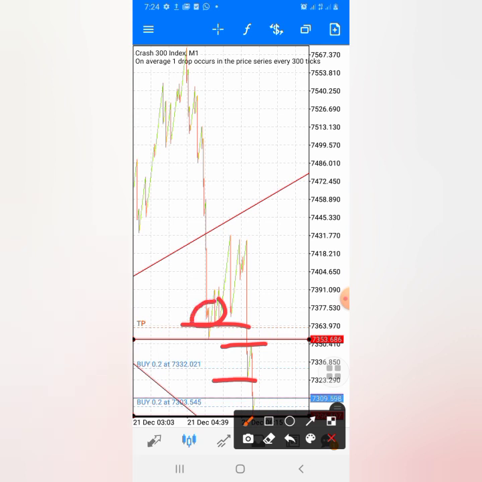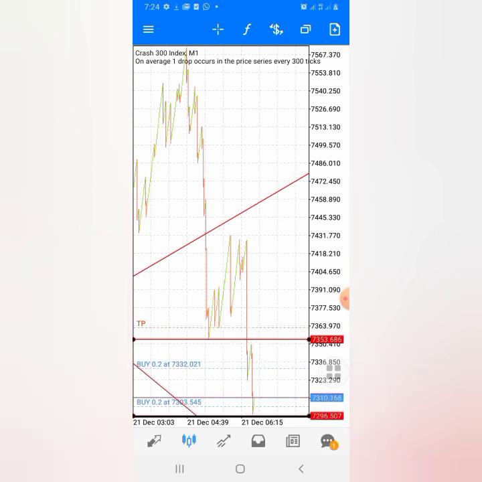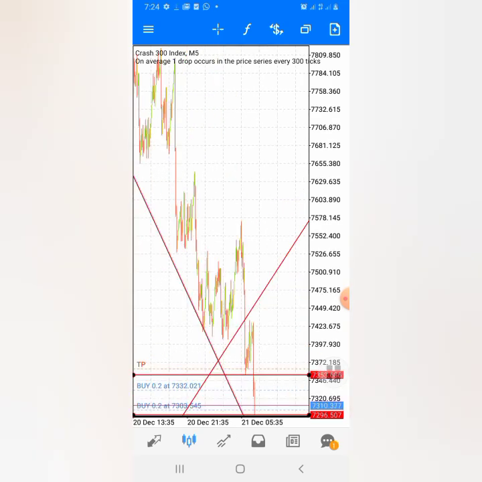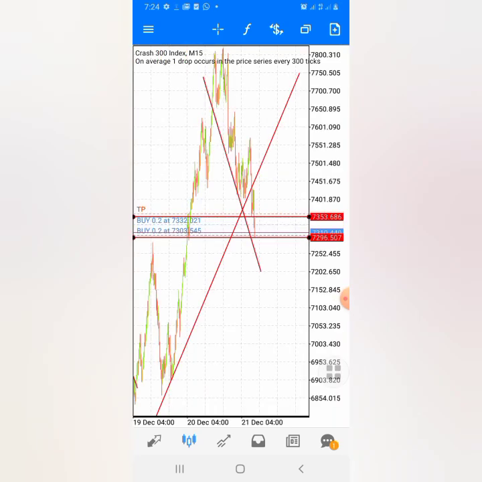So once the market is coming close to any of them, you can either close your trade and wait for the market to go above it before you take another entry position. All right, very simple as that. If you can just follow this rule like I told you guys,